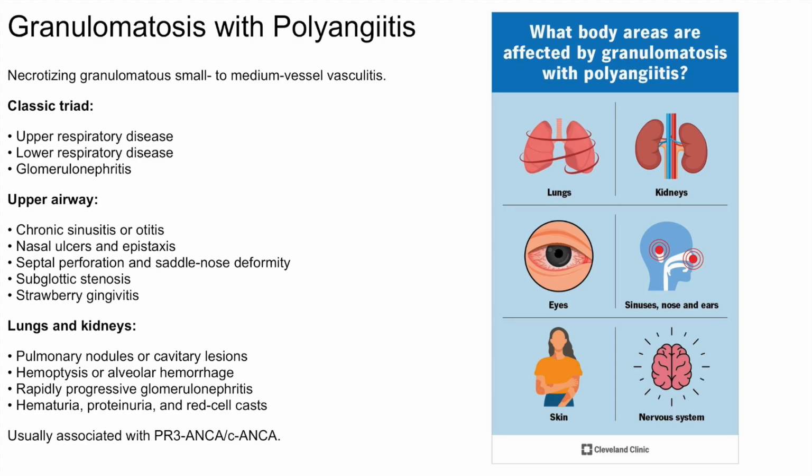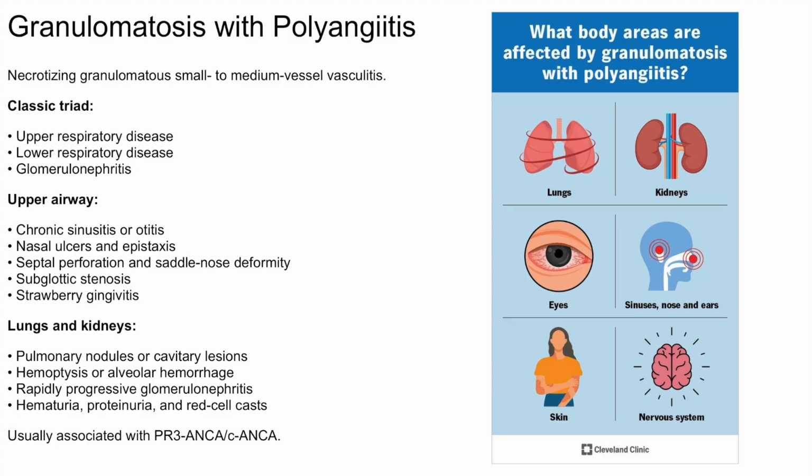The classic pattern combines upper airway disease, lower respiratory disease, and glomerulonephritis, and upper airway inflammation may cause chronic sinusitis, otitis, nasal ulceration, epistaxis, or destructive changes such as septal perforation and a saddle nose deformity. Subglottic stenosis and strawberry gingivitis are additional clues here. Pulmonary involvement can produce nodules, cavitary lesions, or life-threatening